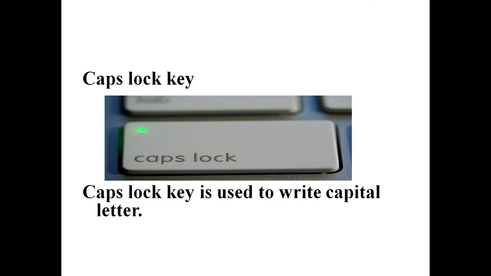Next special key is the caps lock key. Caps lock key is used to type capital letters. To write letters in capital, we have to use the caps lock key. We have to switch it on. Can you see the green color? Like that, a light will be there. When we press the caps lock key and it is on, the light will be there. After our use, we can switch off the caps lock key, so the small letters will work automatically. So the caps lock key is used to write capital letters.